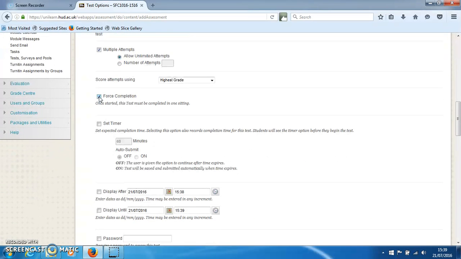If you press force completion, that means that if the student gets logged out of UniLearn for any reason, they can't log back in and complete it. Now, it seems like a good idea to make them do it in one sitting maybe, but if they lose their connection for some reason, then you're going to get lots of emails and complaints saying that, look, I got logged out and I need to get back in, and can you reset it? So actually I leave that unchecked,